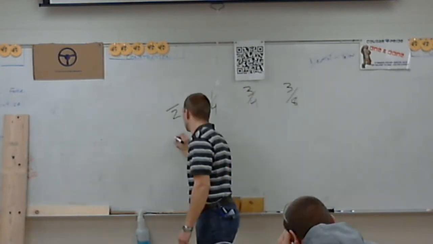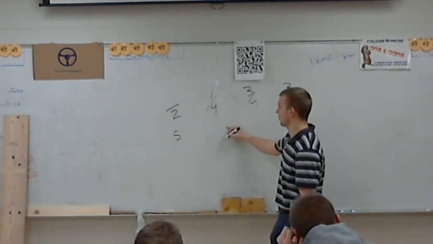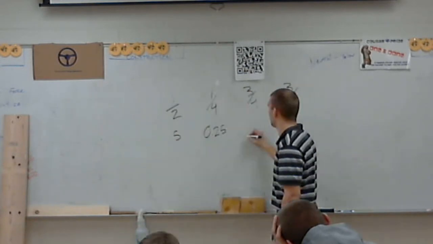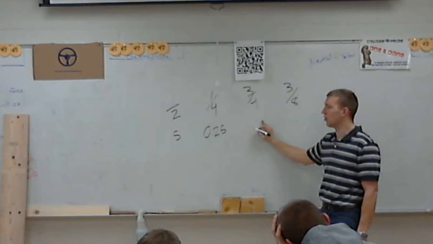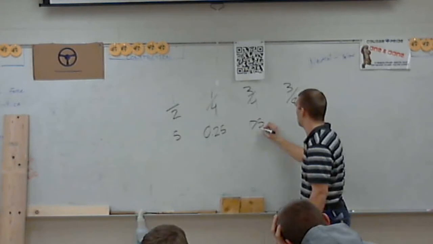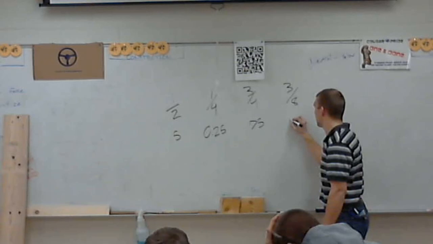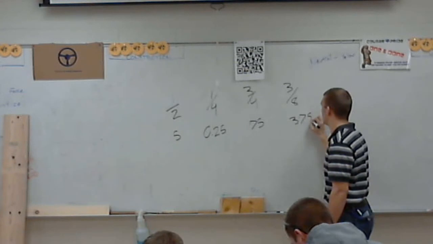0.5. What's for a quarter? 0.25. 3/4 was what? 0.75. Okay? And what is 3/8? 0.375, right? How did you guys